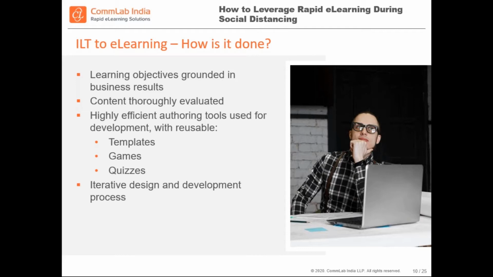Again, authoring tools are your best friend. So use the right authoring tool for the need that gives you flexibility. For example, you can just publish a PowerPoint to e-learning using iSpring. That is a quick and easy example of using an authoring tool to achieve e-learning quickly. And the iterative design and development process that I spoke about gets your courses in front of your stakeholders faster. They don't need to wait till the end of the entire development before they approve those courses for you.